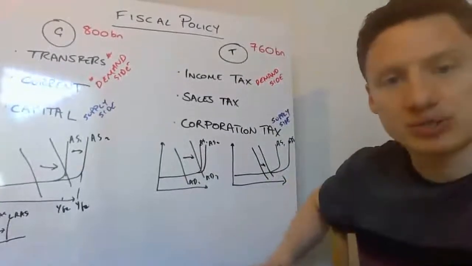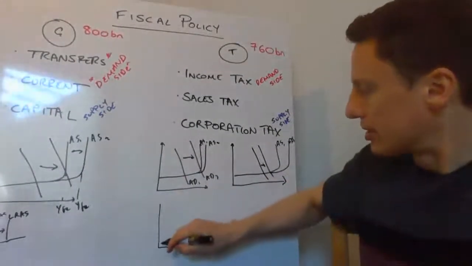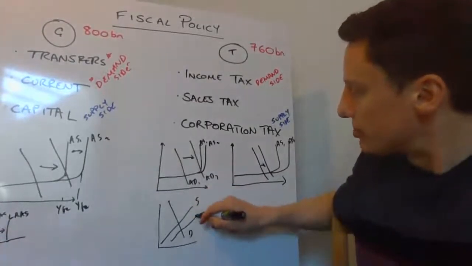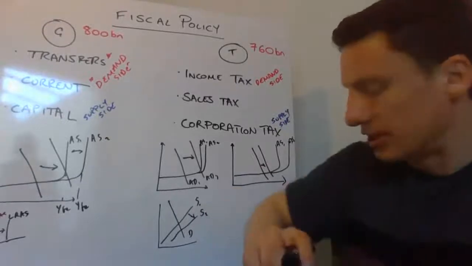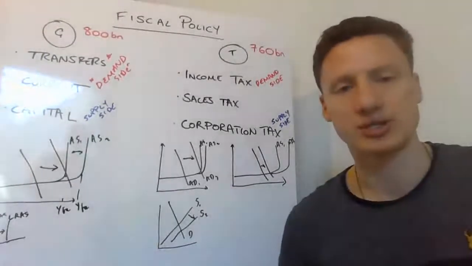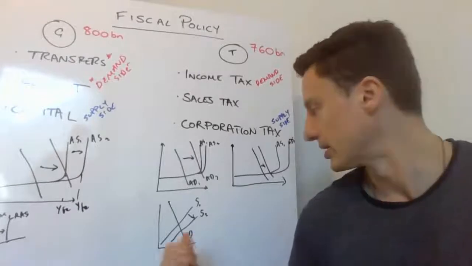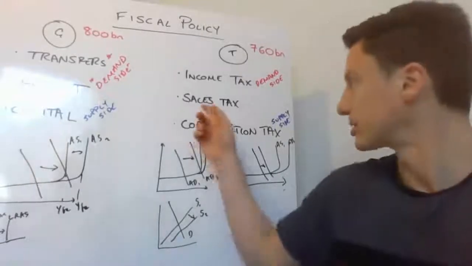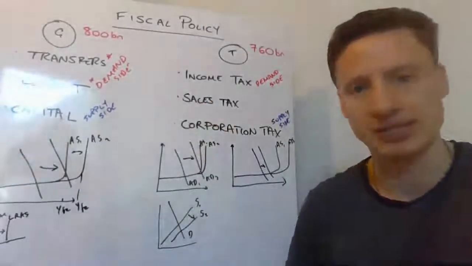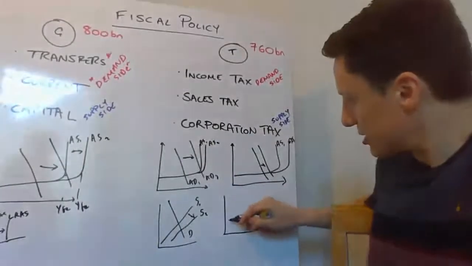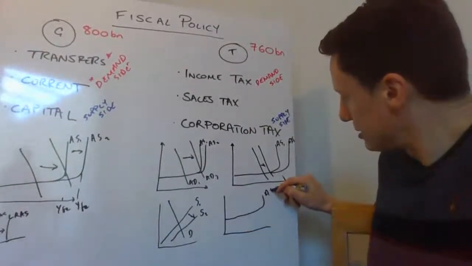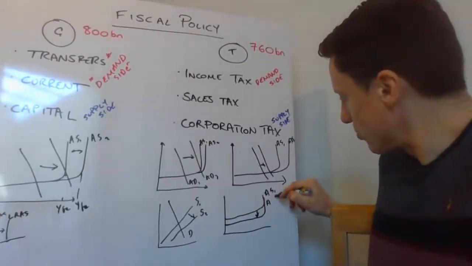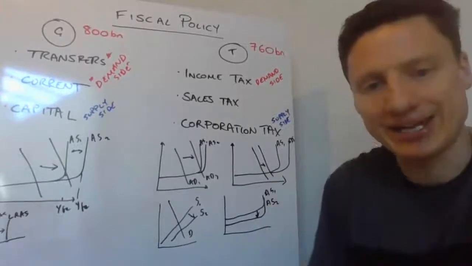And when we talked about sales tax in microeconomics, let's reduce sales tax for now. We would be doing this if we were reducing sales tax, if we were reducing excise duty, or if we were reducing VAT. So this is happening in our micro market. If we're doing this for all markets, because sales taxes affect all goods and services in the economy, then we should simply be trying to reflect that with our macro AS curve. So AS1 would shift downwards to AS2.